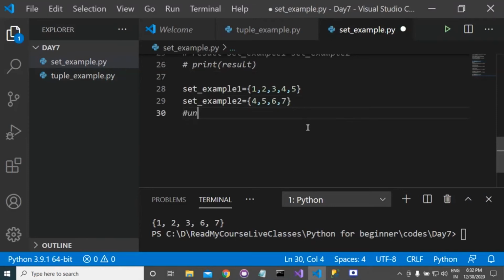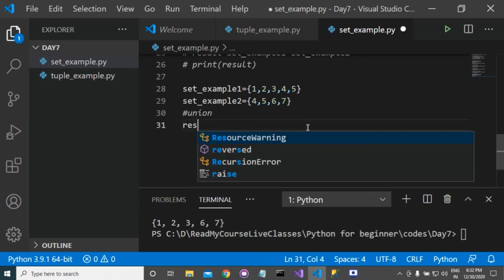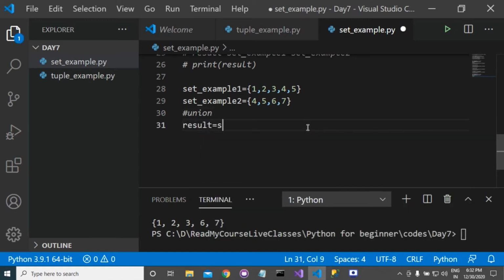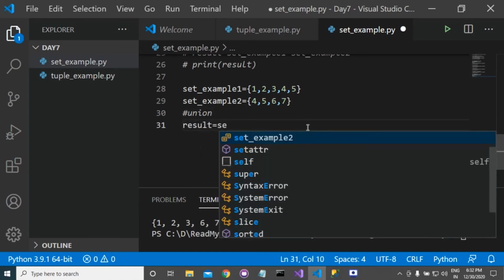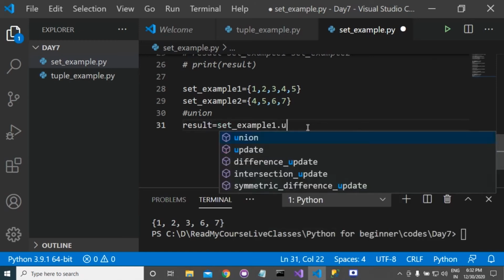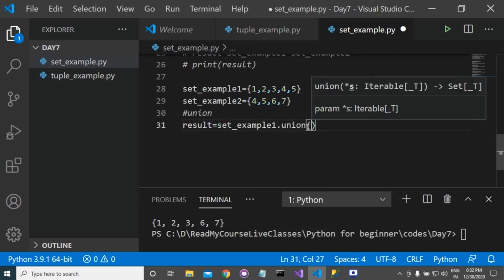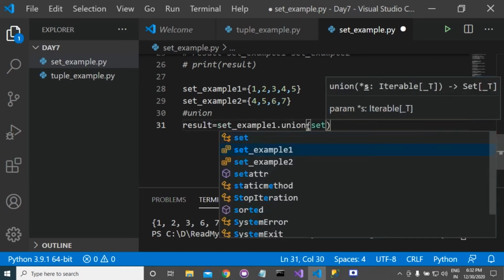If you want to perform union, then we have an inbuilt method. Result is equal to set example 1 dot union set example 2.